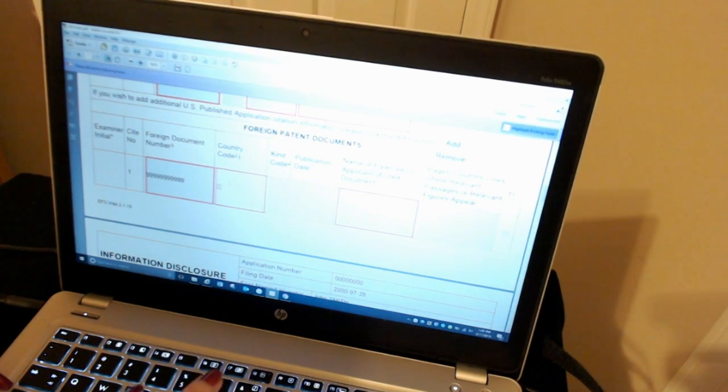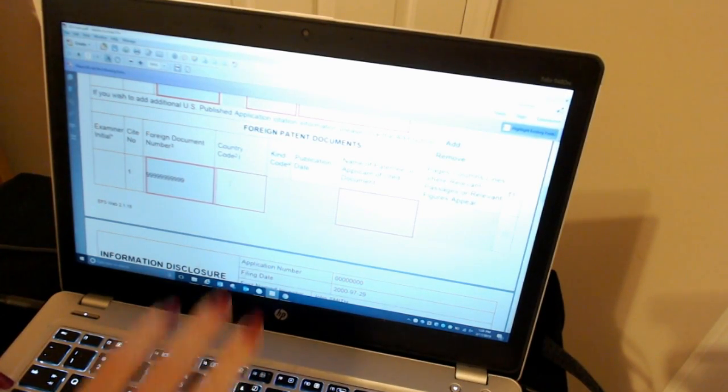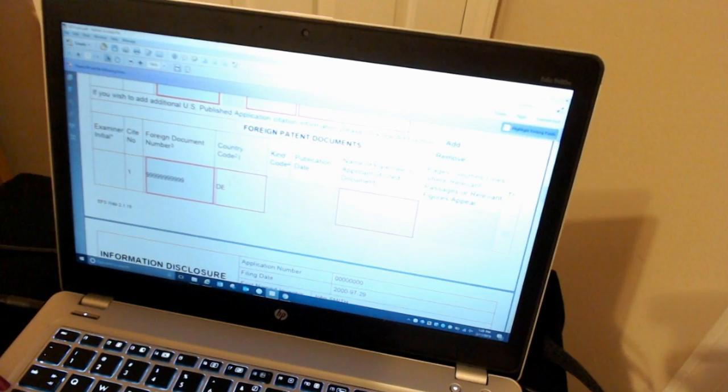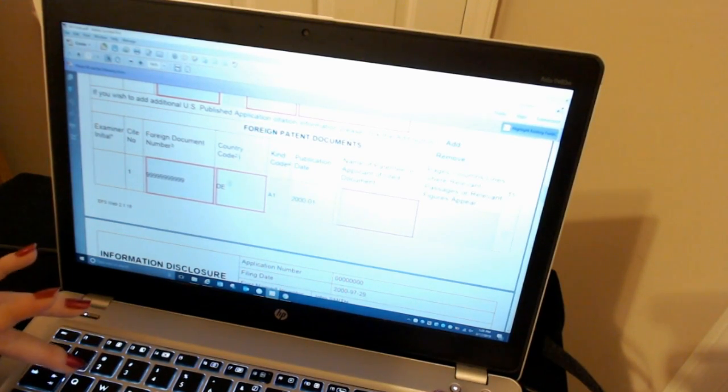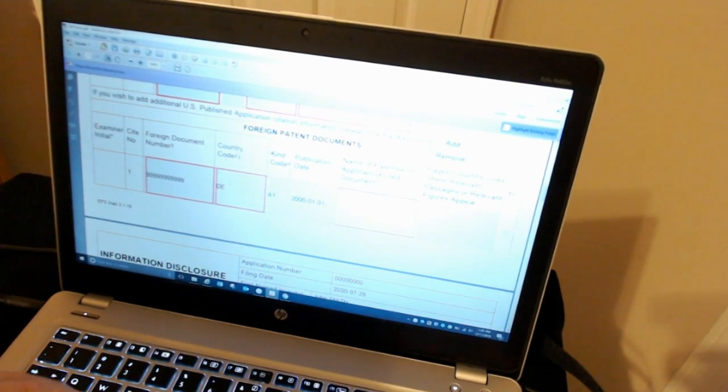An EPO, European Patent Office matter, would be EP. But let's say this is German, so we're going to put in DE. And we're going to say the kind code is A1. Oops, A1. And the publication date, I don't know, is 2000, January 1st. And the patentee is, and we're going to call it Company